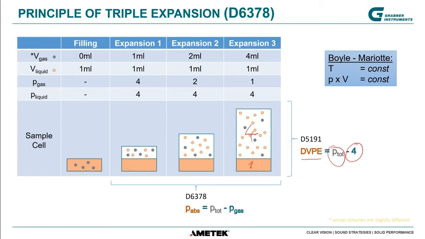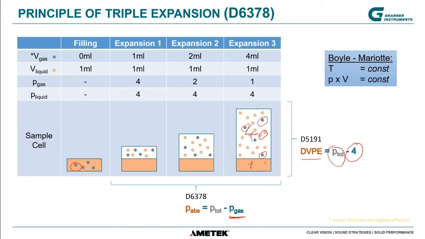This number is subtracted because the vapor pressure which we see here is not only coming from the sample. This vapor pressure also contains a portion of air molecules which were actually dissolved in the sample before. We call this air portion P gas. And this P gas cannot be measured with just a single measurement like it was with 5191 or the